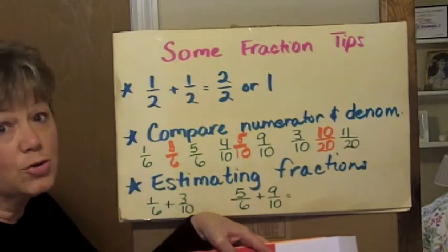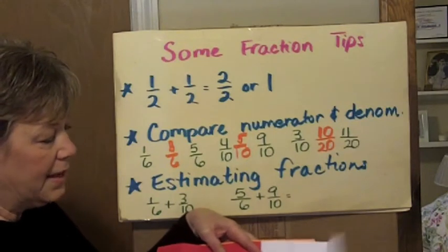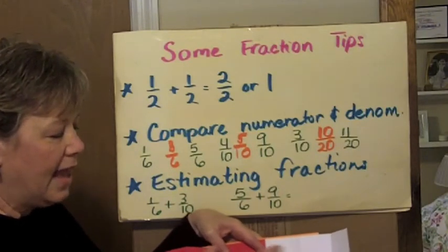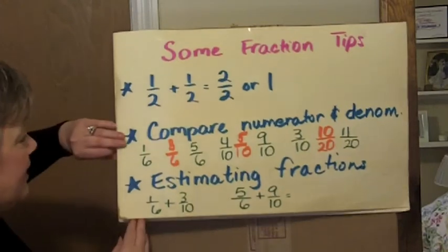So I know my answer is going to be greater than 1. If you need to make some little manipulatives to do this at home to practice, feel free. You may already have something like that. Kind of helps confirm what the numbers show. The next thing,